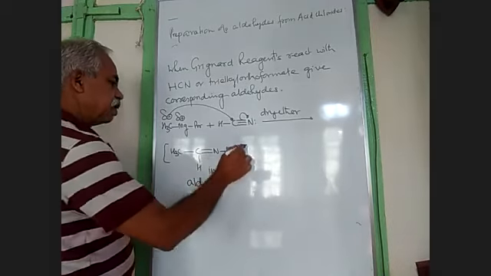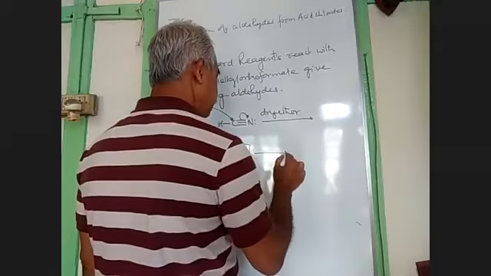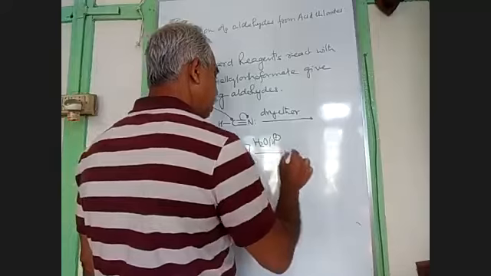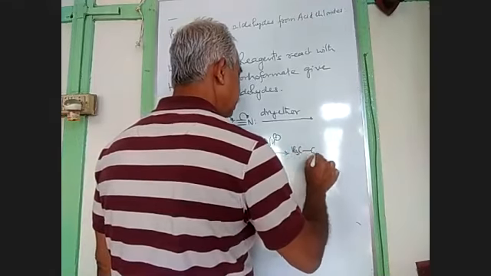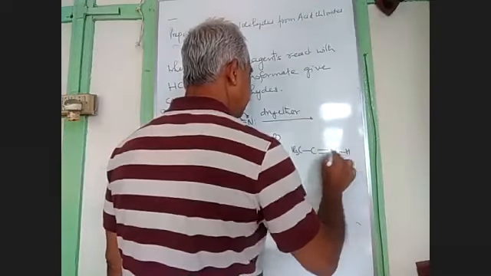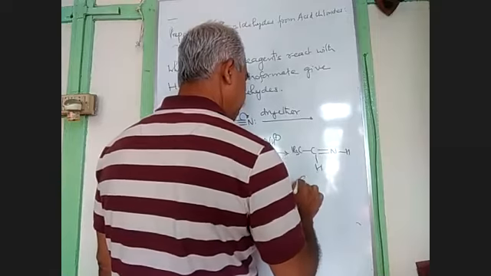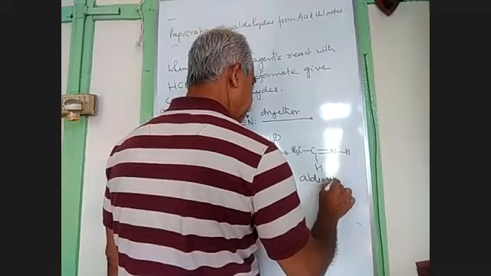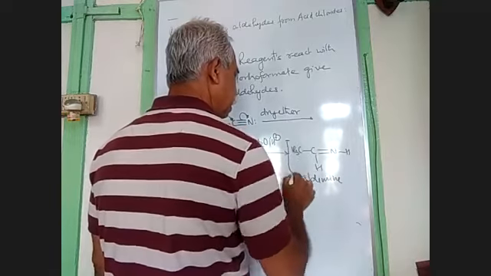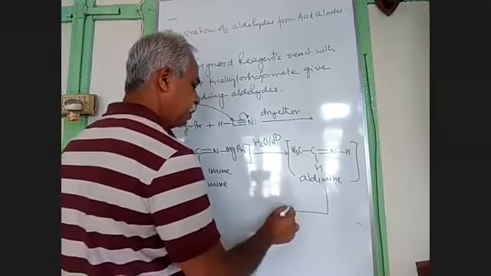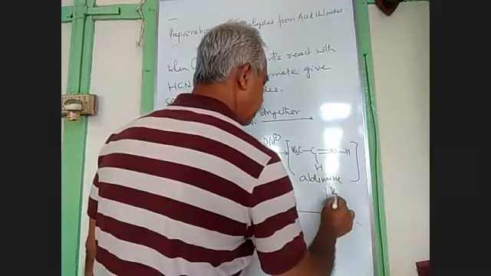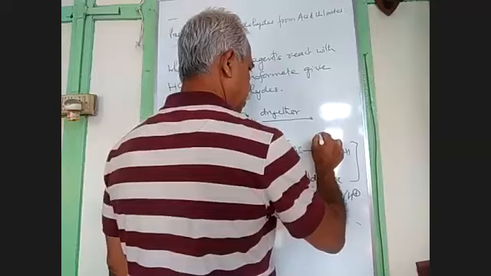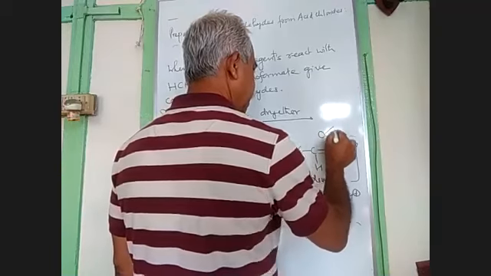But this is not stable. We have seen in Grignard reagents always you add water. Once you add water, what do you get here? CH3, C, and H. You get here aldimine. But this is also not stable. Okay, unsubstituted imines are not stable. So when you add water, see what is going to happen? I am going to write like this: OH, H.